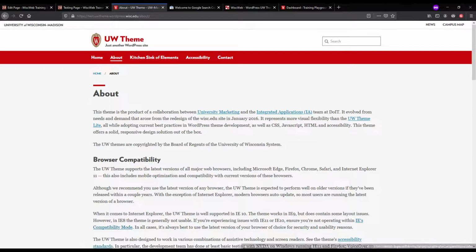Let's see. Next item on my list was we will also be updating WordPress core in the near future. 5.6 will be the new version. We're going to be testing that out. There are a few things that are administrative that we have to make sure that we are aware of. But aside from that, it's more an internal change than anything else. But we'll be poking at that as well.